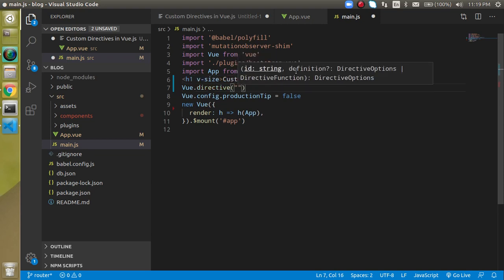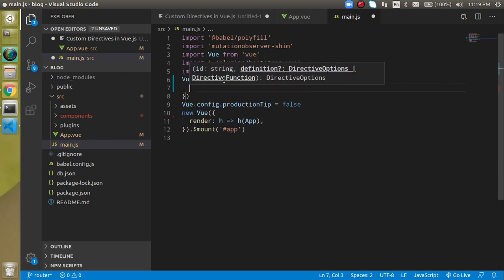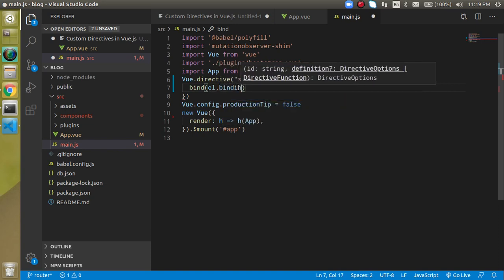One is your directive name, which is size, and the second one is basically an object, right? And in this object we have a bind function, and it has three values. One is el, that is element, second is binding, and third one is vnode. All right, so for a moment I will only use el.